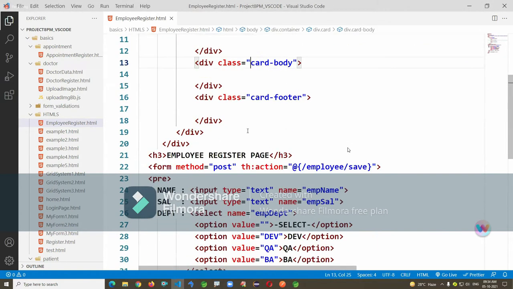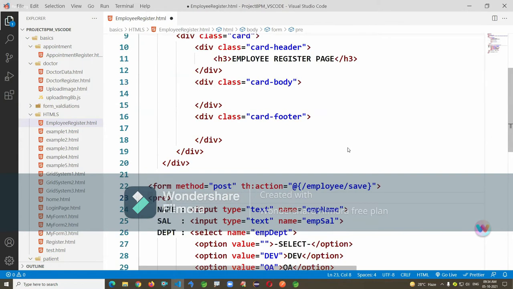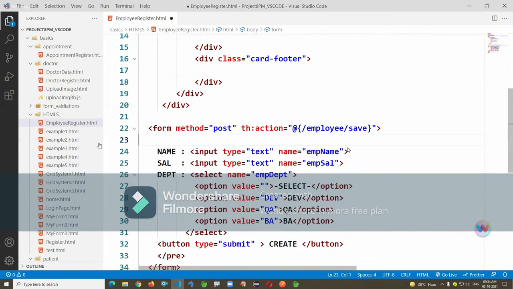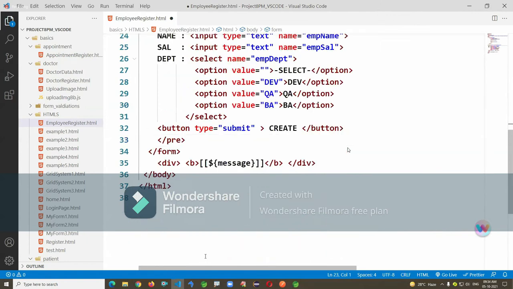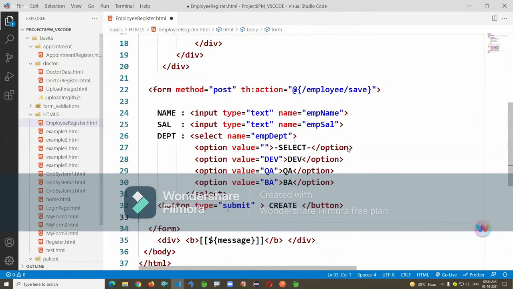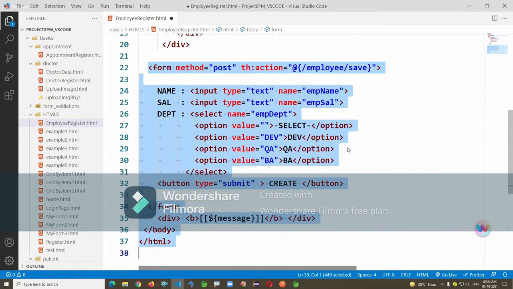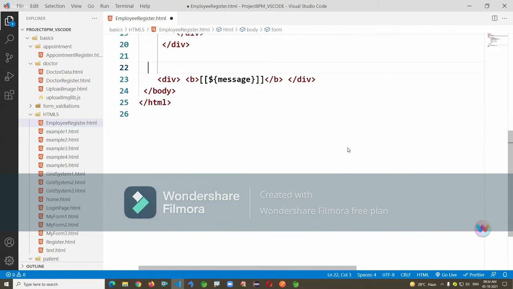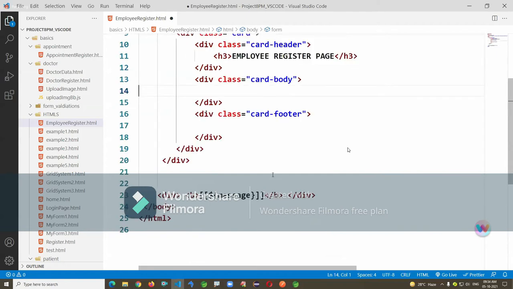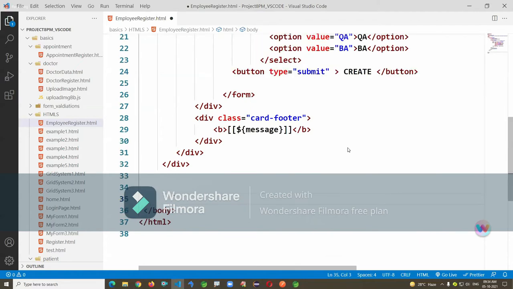Visual Studio makes coding easy for UI design. It looks like this.